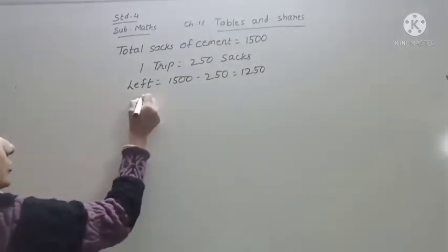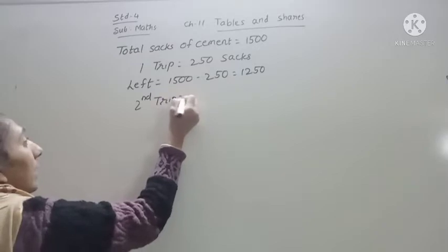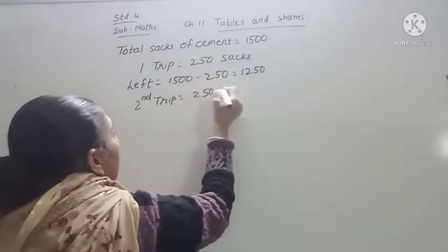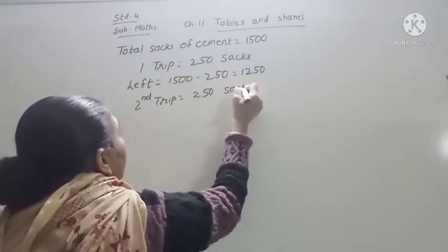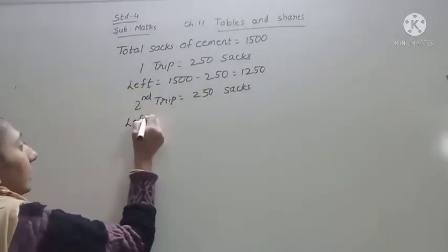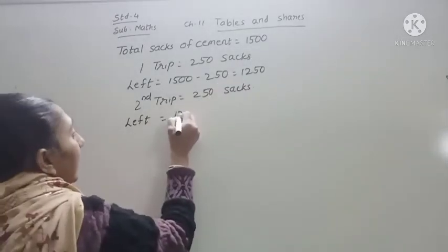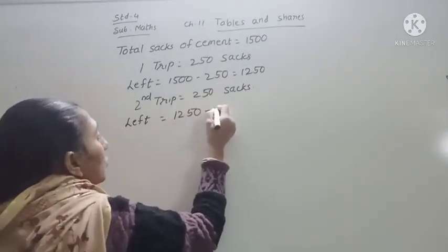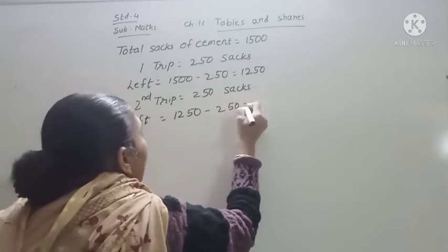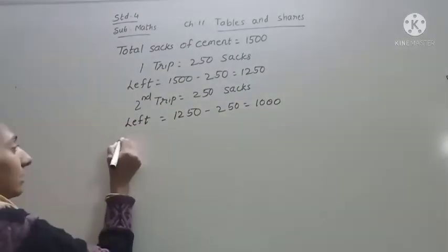Then in the second trip, again 250 sacks. So how many are left after the second trip? 1250 minus 250 is equal to 1000. Then in the third trip,